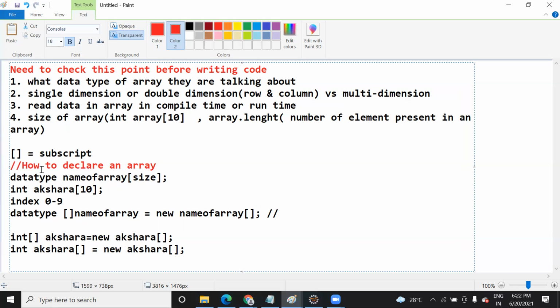You should keep in mind: if you know the size of the array, then you will go for the first one. If you are using a dynamic array where you don't know the size, then you will go for which option? The second option. So you will go for this second option, this one.